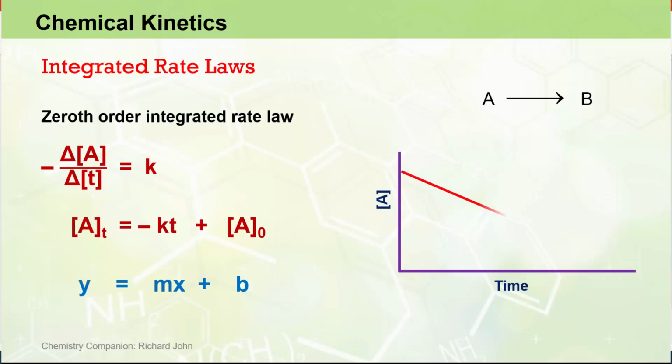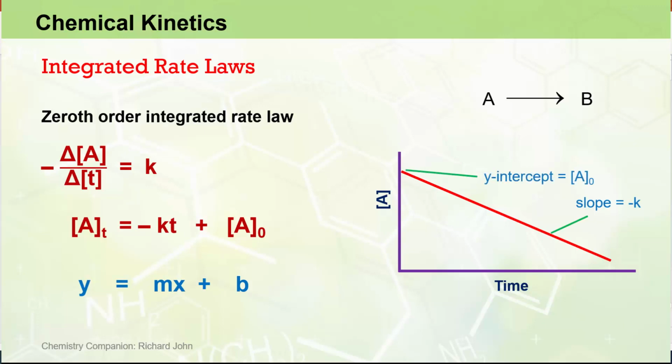In a zero-order reaction, the concentration of reactant will decrease linearly with respect to time, which is quite different to the other cases. And this linear decrease is consistent with a rate of reaction that is constant. So in this case, the plot of the reactant concentration versus time is actually the defining plot to look at, and we see that the slope of this line will be equal to minus k, and the y-intercept equals the